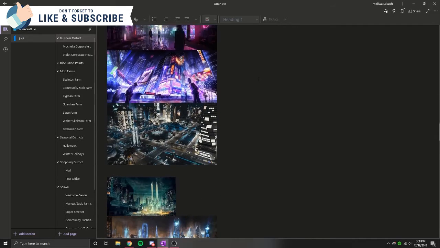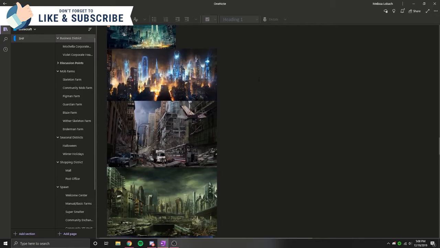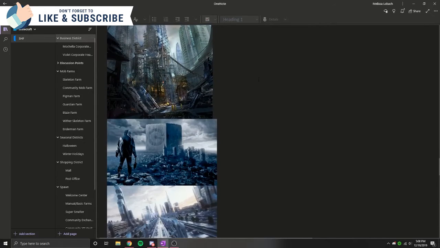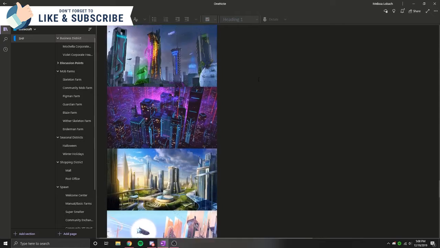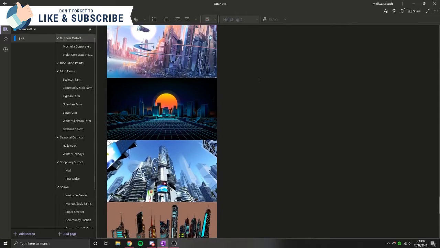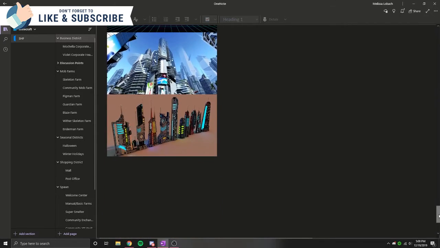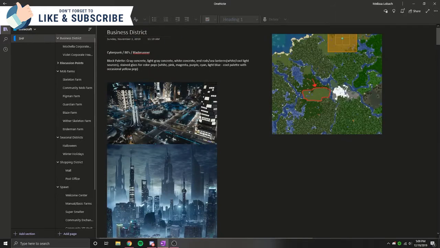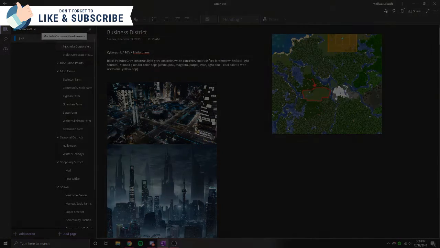So you can see here that I have a bunch of reference photos for the style of certain areas, things that I want to do. I put together block palettes and color palettes, inspiration pieces, and anything that'll really just get me in the zone for the build.